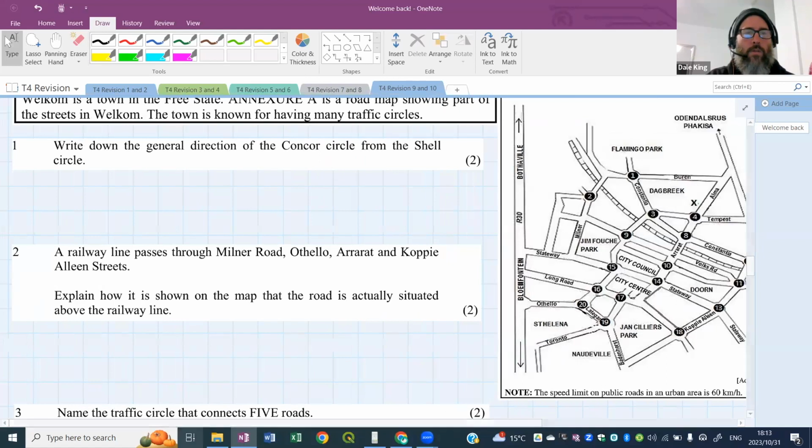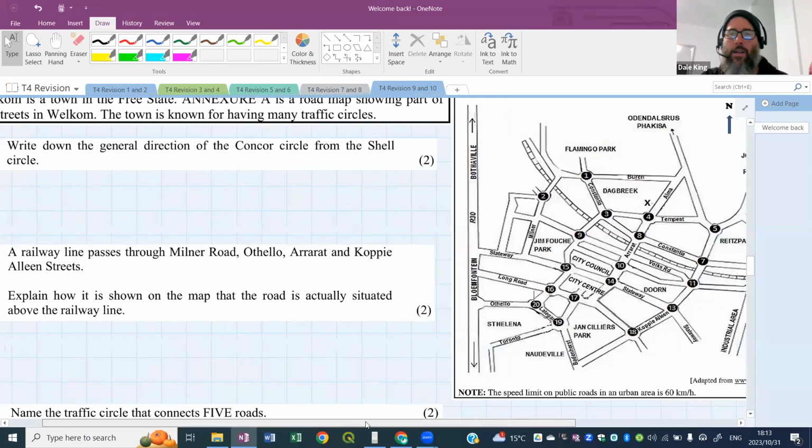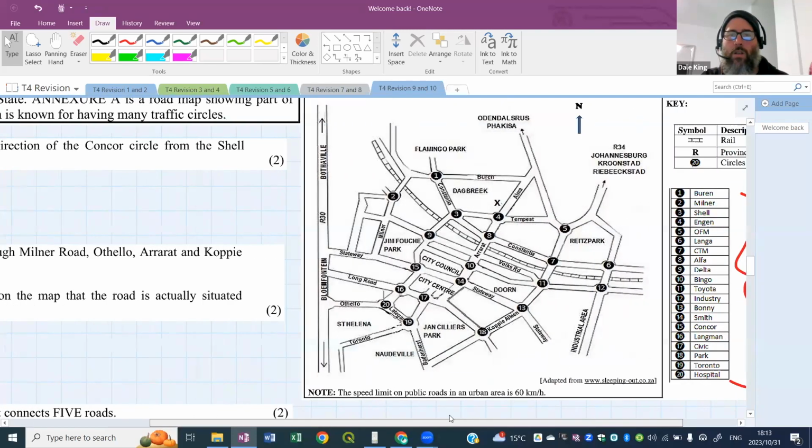Next question, here we go, number 2. A railway line passes through Milner Road, Othello, Ararat, Kopi, and Alliance streets. Explain how it is shown on the map that the road is actually situated above the railway line. How do they show on the map that the road is above the railway line? So if we look at this diagram,